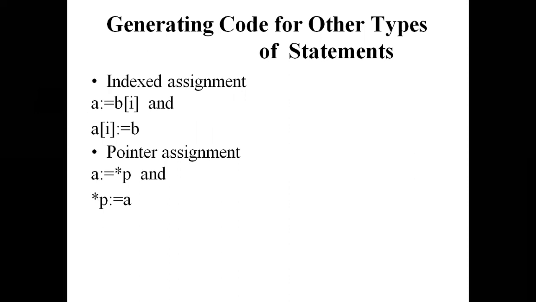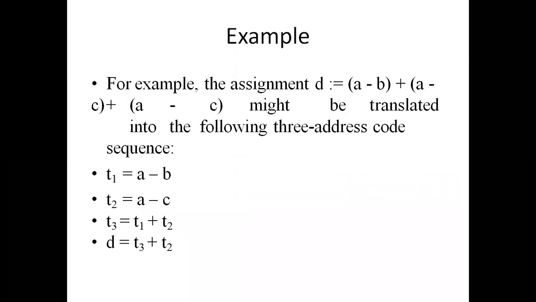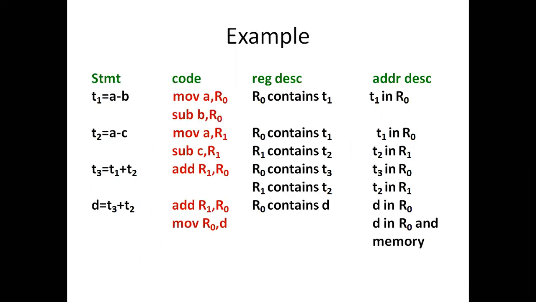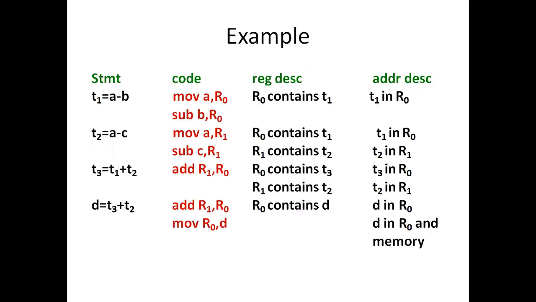I think you all understand today's session because this is the most important concept, a direct question. If the question is, for example, we're having an expression and for the expression we're generating the code, right? Now we know how to generate the code for any type of expression, and we know how to represent the table like this. From the question, first we need to translate the three address code sequence and then do the code generation.